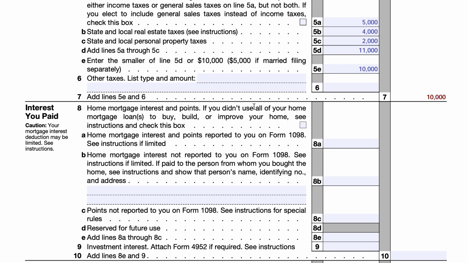return. Now, you're supposed to tell the IRS whether or not you used your entire mortgage to specifically buy, build, or substantially improve your home. If you did not, you're supposed to check this box here, and then there would be further instructions based on loan proceeds that were not used. And you're supposed to only use qualifying debt. Again, that's home mortgage or loan amounts that were used to buy, build, or substantially improve the home that's securing